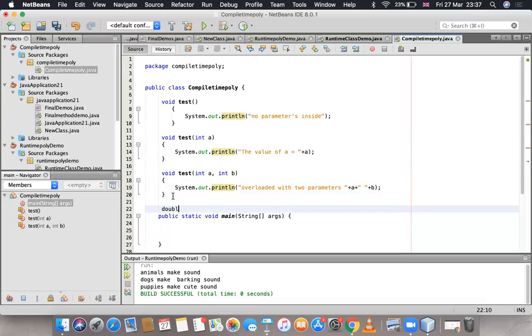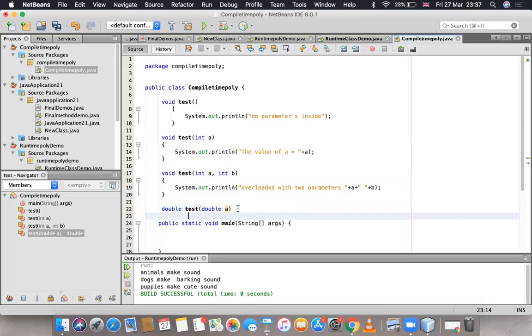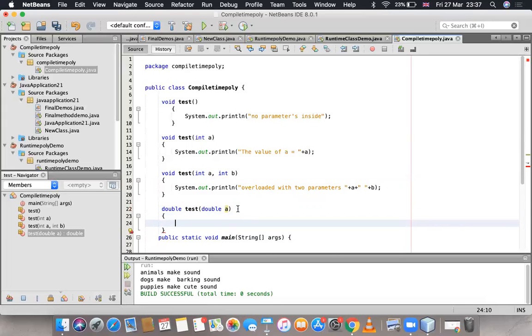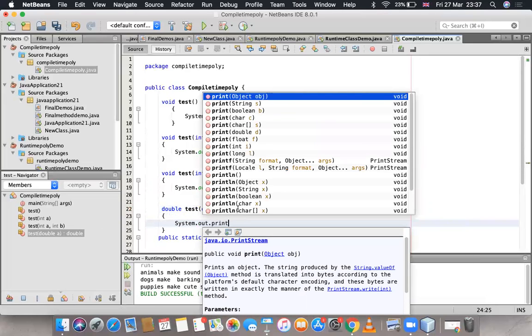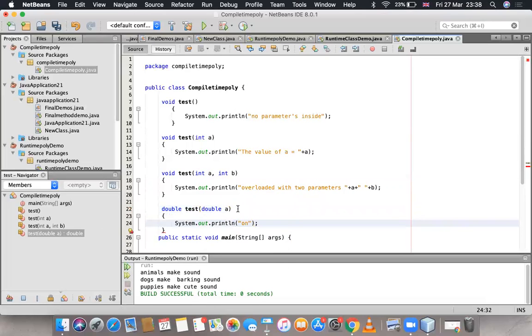double test(double a). And then System.out.println, overloading does not depend on return type.